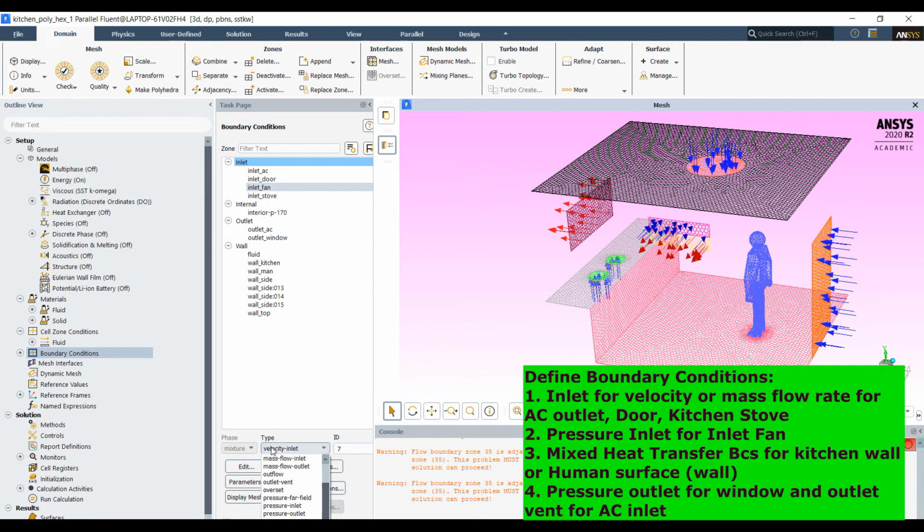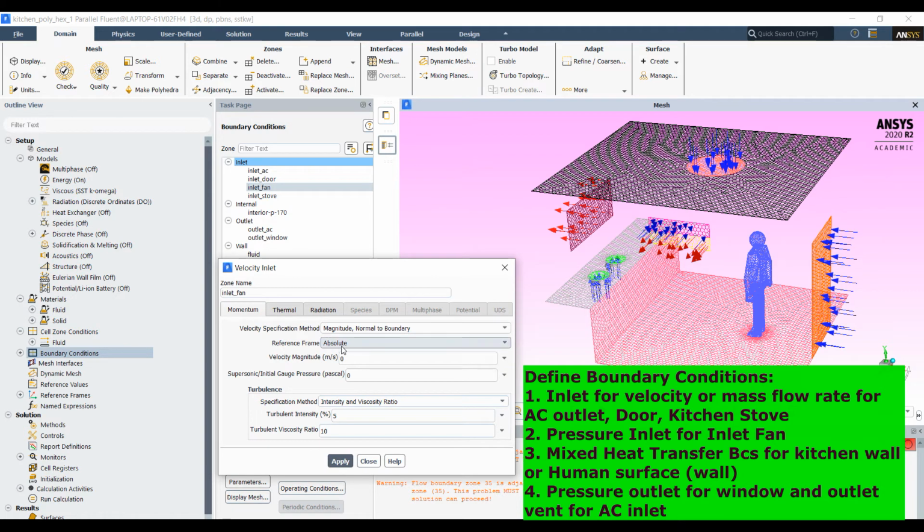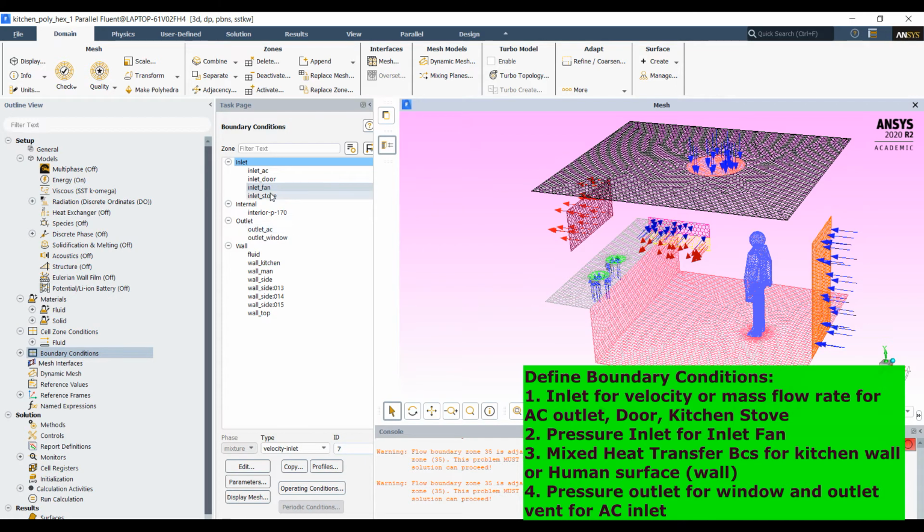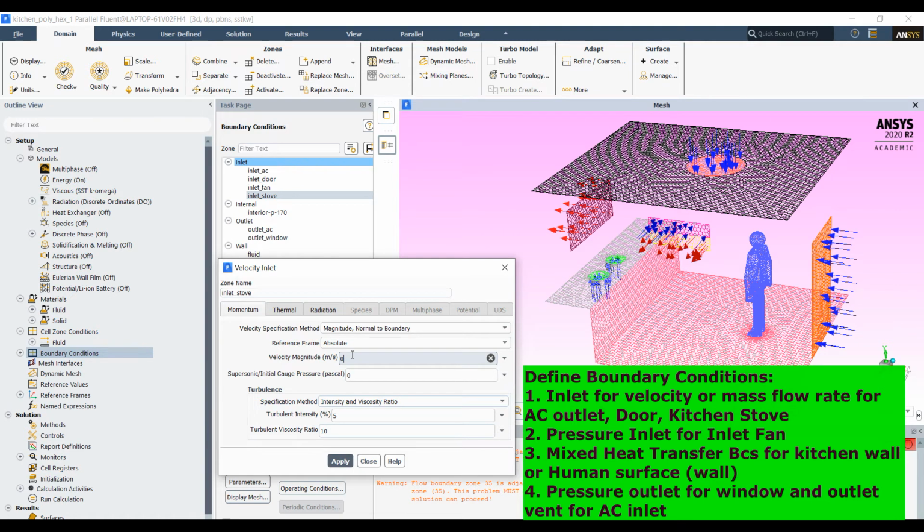For the fan, we can give pressure inlet with intensity 3 and viscosity ratio 5, and temperature 300 Kelvin. Apply. For the inlet of the stove, define velocity as 0.1, because flue gas is burning at very low velocity.